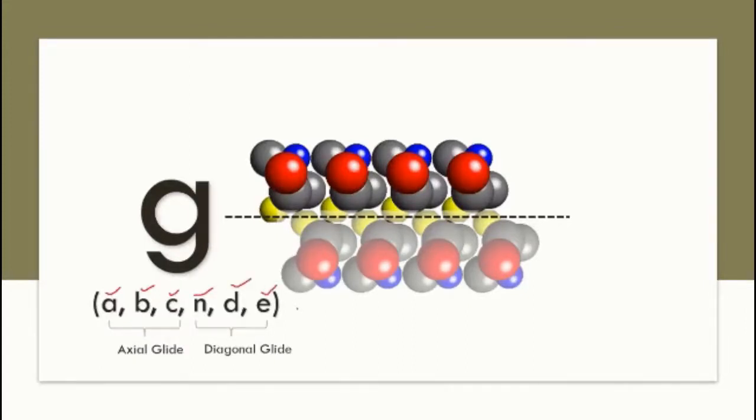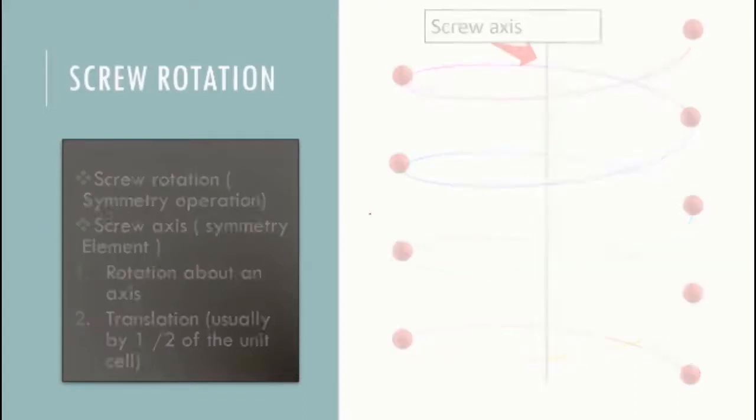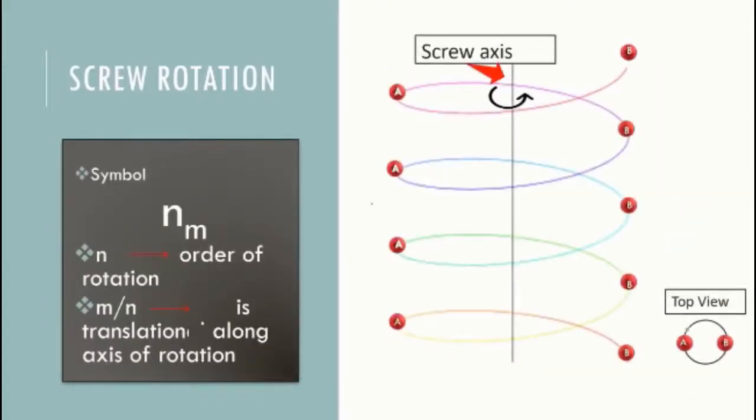Screw rotation operation is a symmetry operation where we have to perform 2 symmetry operations, rotation followed by translation along the axis of rotation. And like any symmetry operation, the configuration remains unchanged when the symmetry operation is performed. The axis of rotation in case of screwing motion is screw axis. In a screw, the advancement of screwing motion is continuous, but the crystals are made of discrete identities arranged in a regular manner.